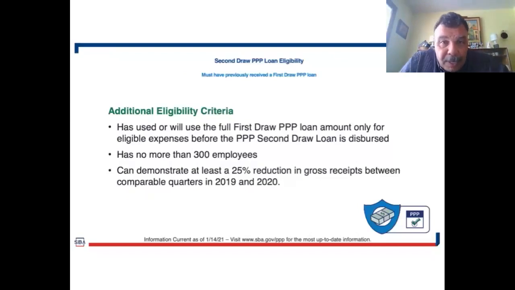So we're asking you to be honest and hang with us and let's go ahead and do this thing right. And you have to have used your first draw loan amount for eligible expenses in the PP draw. Okay, you have to have satisfied all that criteria. You shouldn't have had any reduction in employees or wages, that sort of thing. Things that would normally help you when you look at the full-blown PPP that's above $50,000 to $150,000, where we'd be looking for safe harbors. Okay, next slide, please.